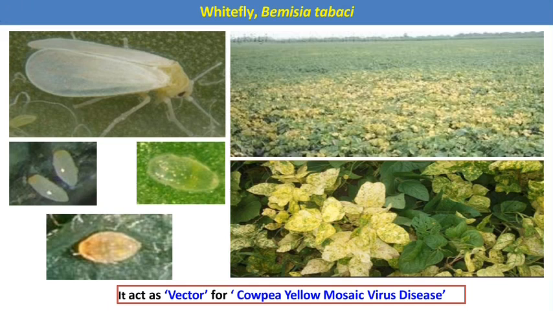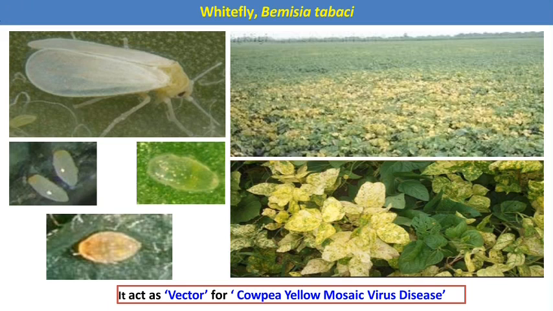Next one, that is the Bemisia tabaci whitefly. This is a sucking pest. Both nymphs and adults suck the cells from the lower surface of the leaves. As a result of feeding, in case of severe infestation, the plant loses its turgidity or vitality, and besides feeding, this pest also excretes a honeydew-like substance which develops sooty mold fungus on the plant parts, and photosynthesis is indirectly reduced.